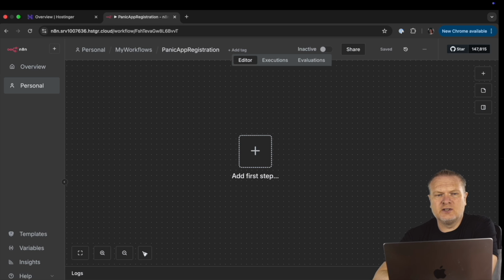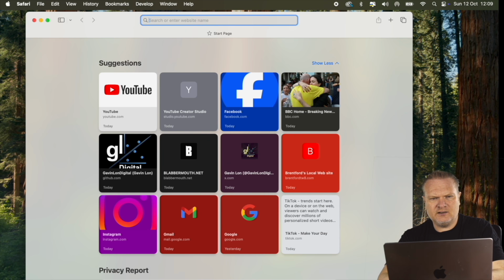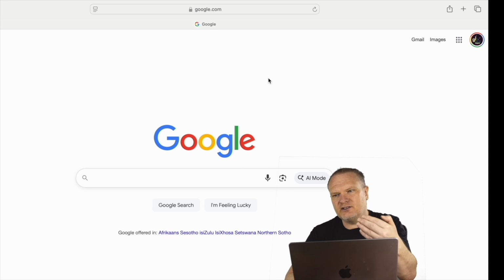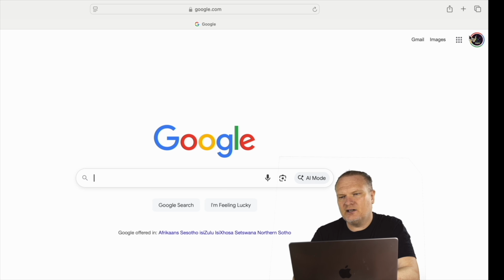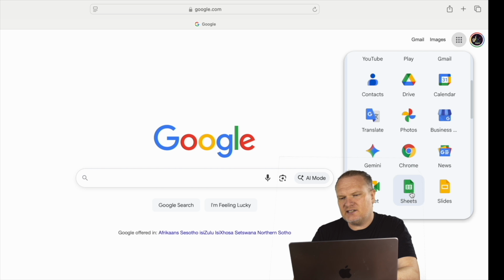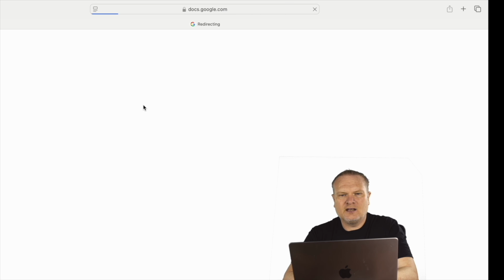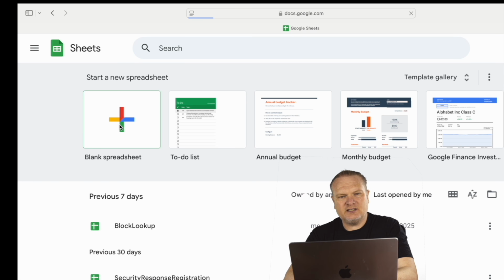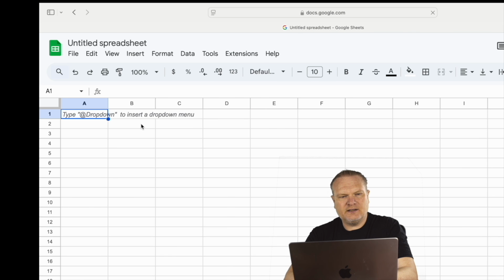Okay, and we're going to get started in a bit, but the first thing we want to do is to create a Google Sheet. So I'm going to use my Safari browser to log into Google with my credentials. If you don't have a Google account, you will need to create a free Google account and then log in. And then I'm going to go to Sheets here. And I'm going to create a new Google Sheet. So I'm just going to hit this option here, blank spreadsheet. Okay. Great, and I'm going to name this Panic App